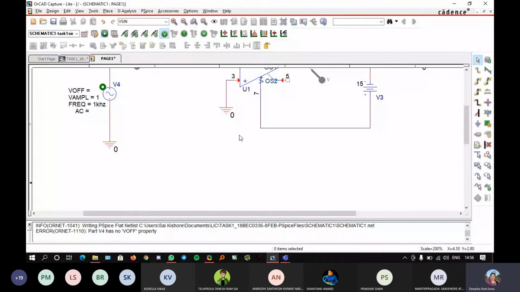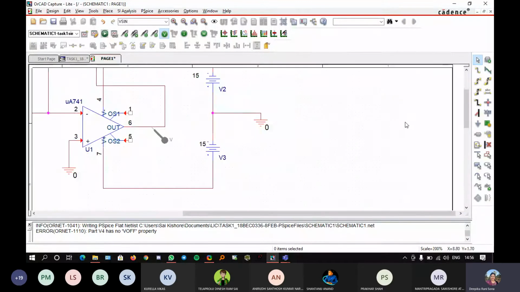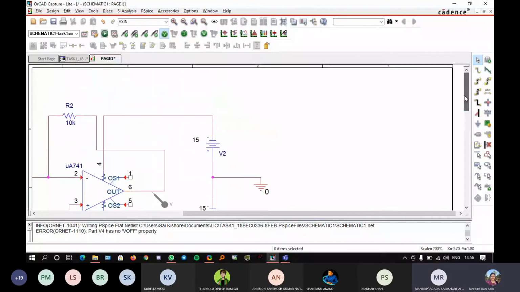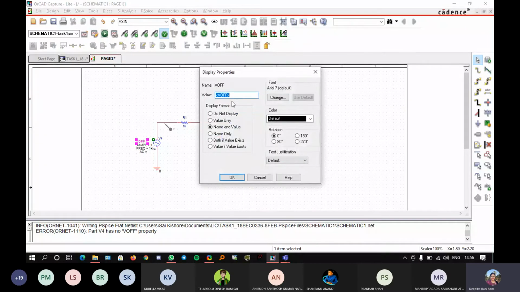Click this bottom window here. Ma'am, the error is at the view of property thing. This sine part you have not edited properly. It is not visible to me. Very small.